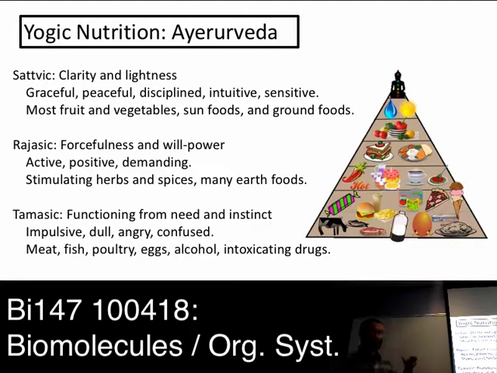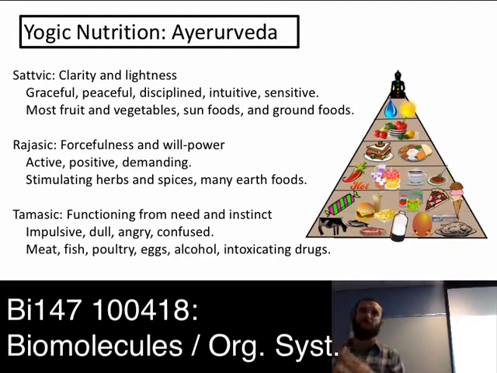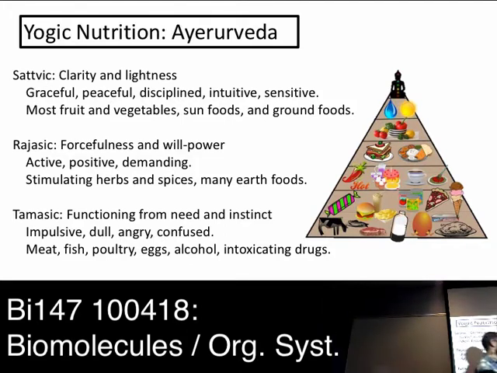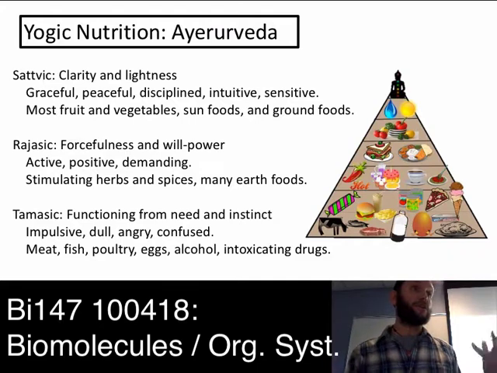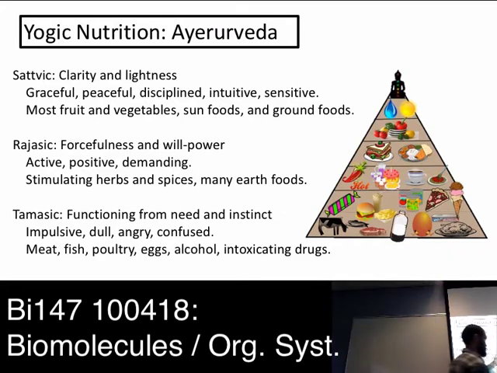Then next up, this sort of hierarchy of virtue. So the way that I'm showing a pyramid here, don't get that confused with the food pyramid that we have in America. The food pyramid, the idea is that most of the food on the bottom would be like your grains or whatever, and that's what most of the food in your diet is supposed to be. Here, this is sort of a hierarchy of